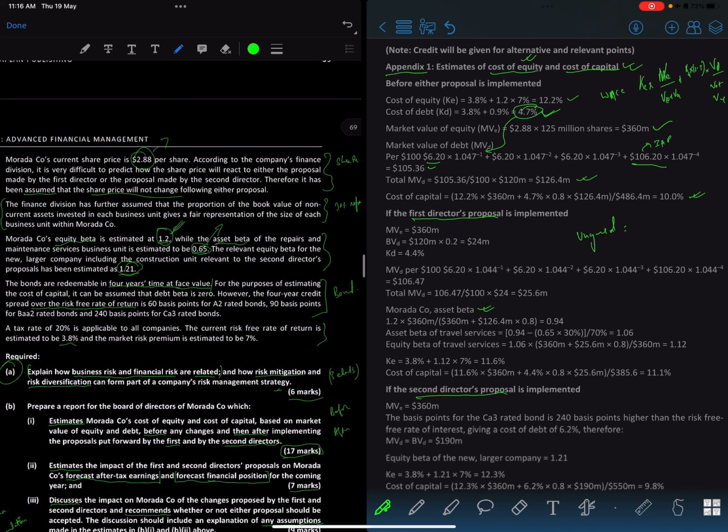So we know the formula is basically beta equity times the 360 million, the value of equity, and then we divide that with value of equity plus value of debt times 1 minus t, right? So we get the ungeared beta 0.94, right? And then that 0.94 is for what? It's for the whole company,